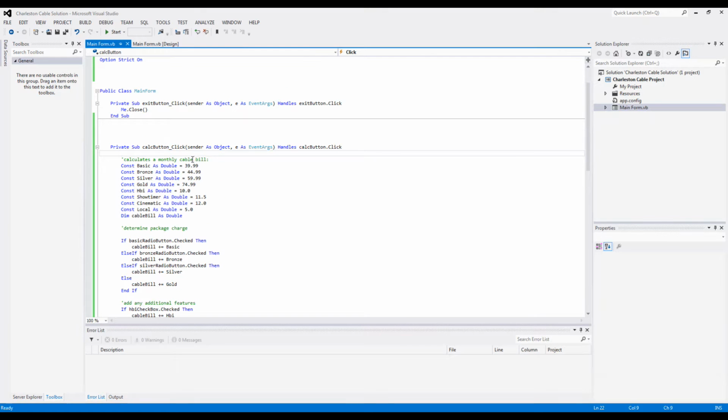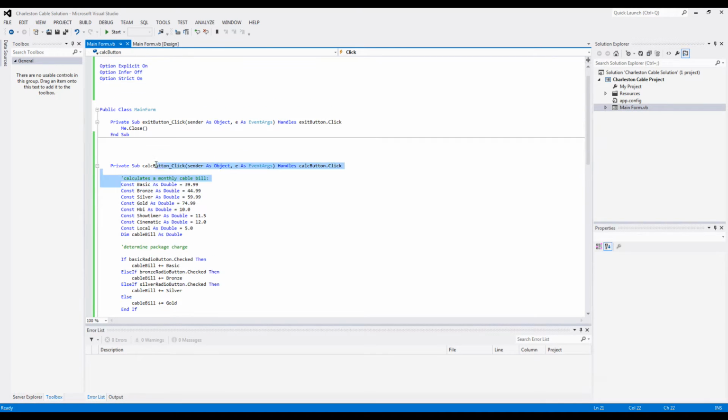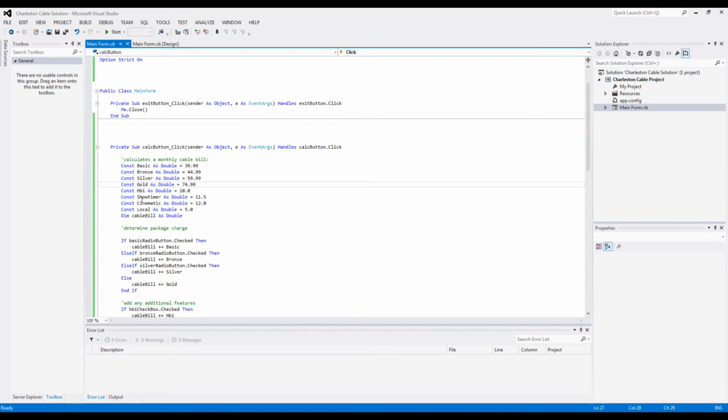Well, what we need to do at first is identify some constants, and the constants are the prices for each of the package and for each of the features. So basically all these prices are given in the book. So the price for the basic package is 39.99, bronze 44.99, silver 59.99, gold 74.99. And for each of the additional features like HBI channels is $10, show timer 11.5, cinematic 12, and just